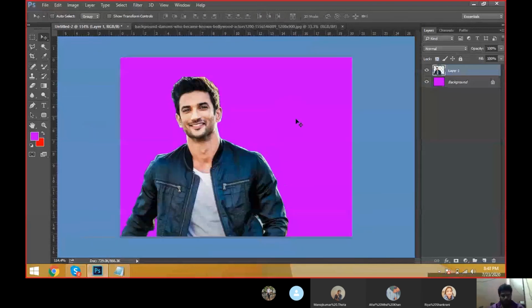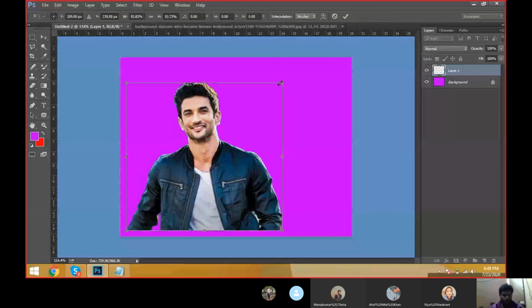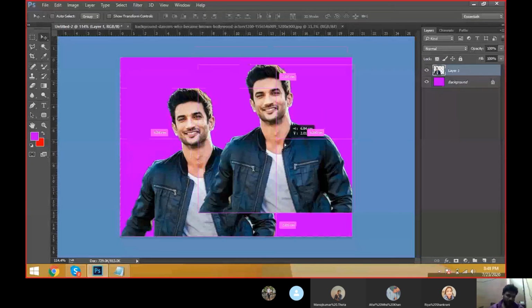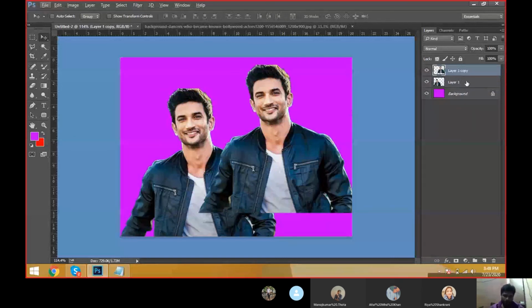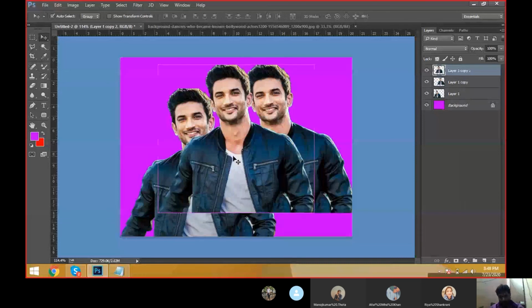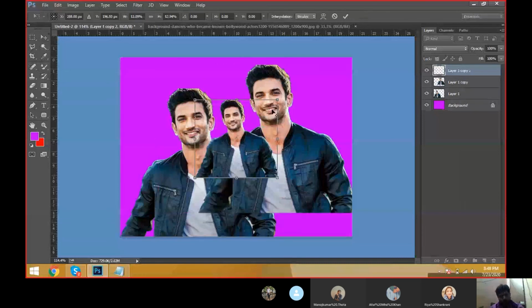Okay, this one is good. And I just took a duplicate. What is the shortcut of duplicate? Alt plus drag. Hold Alt and drag the layer, then automatically it will be duplicated. Layer 1 copy. Otherwise, we have one more shortcut, Control J to duplicate the layer. See here, one more copy is there. It will be placed there. You can transform. You can duplicate an infinity of images, infinity of duplications.